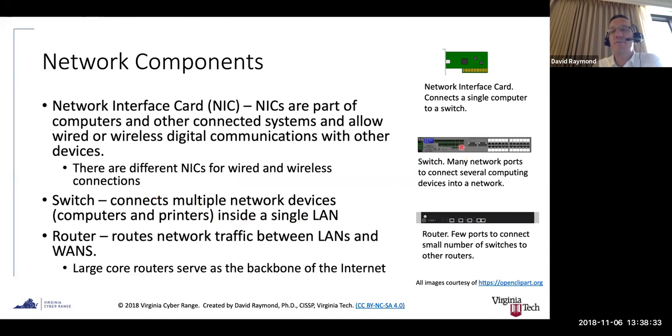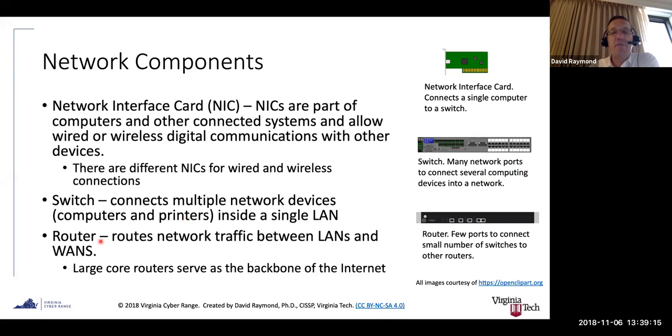A switch connects multiple network devices inside a single local area network. Okay, so here's a clip art of a switch, and what you see on a switch is multiple switch ports on the right side of this thing. So this looks like it's a 24 port switch. And so this would allow you to connect 24 computers in a wired network to each other, basically. So that would allow those 24 different computers to communicate with each other. And then there would be a cable that comes out of the switch to another switch or to a router, and that gets the traffic from those computers out to other network devices. But a single local area network is connected through one or more switches.